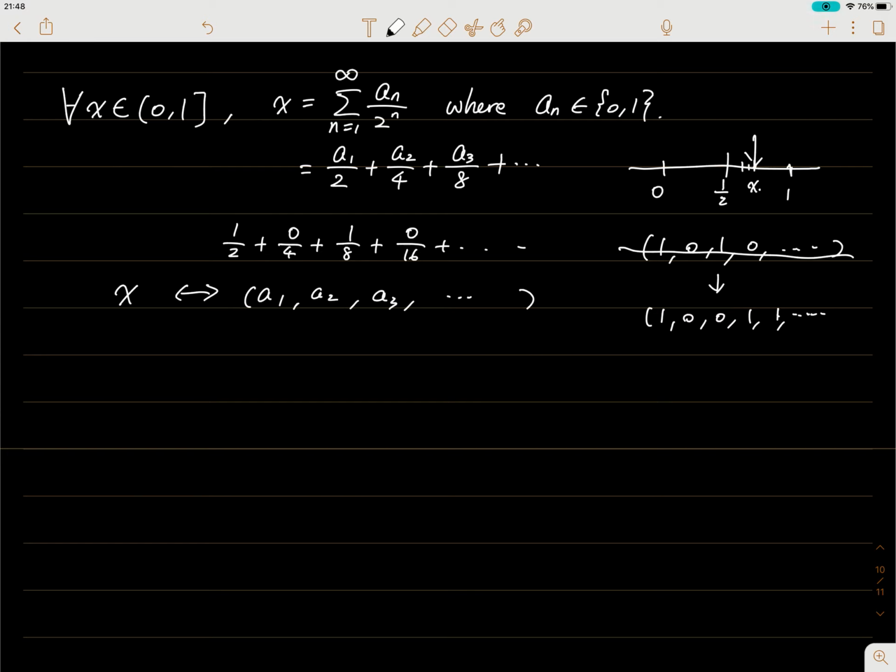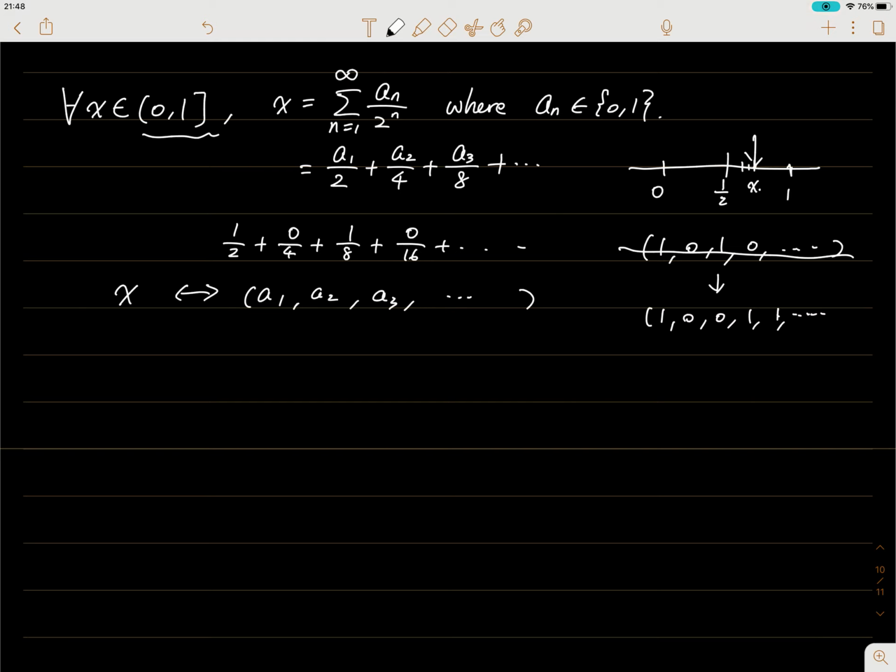So I correspond each x to one of these sequences, and I know that this x is actually uncountable because they are corresponding to an uncountable set of binary sequences. Okay, so this is to realize that this interval is actually uncountable, and also because we said